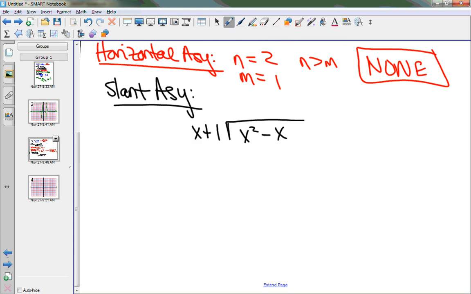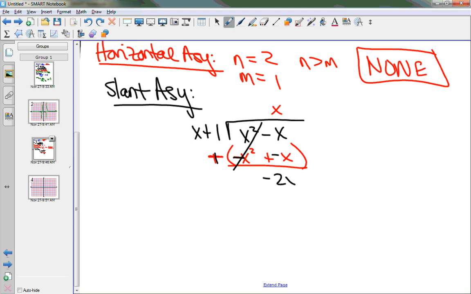What do I multiply x squared by to get... or what do I multiply x by to get x squared? X. That gives me x squared plus x. I'm subtracting a quantity, and since I'm subtracting a quantity, that's going to change those signs. That's gone. Negative x and negative x gives you